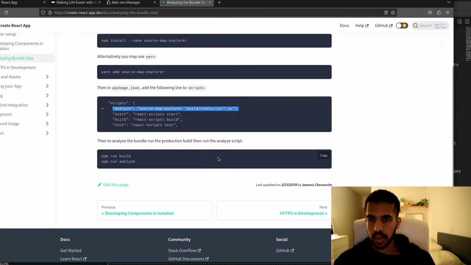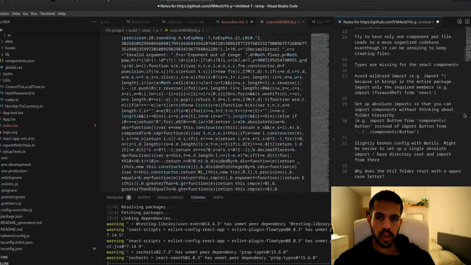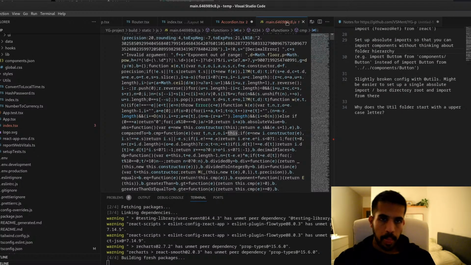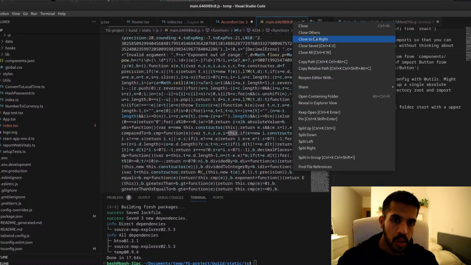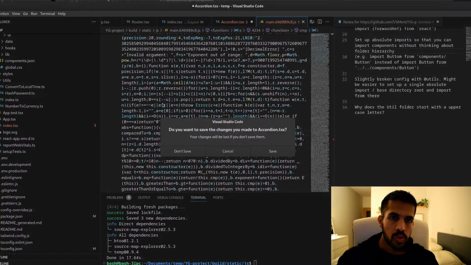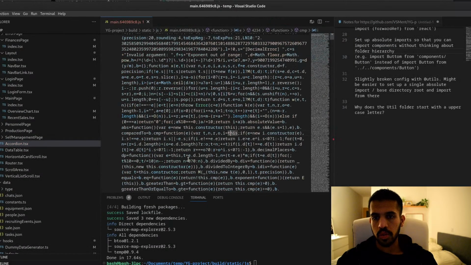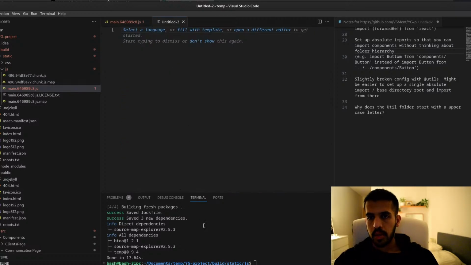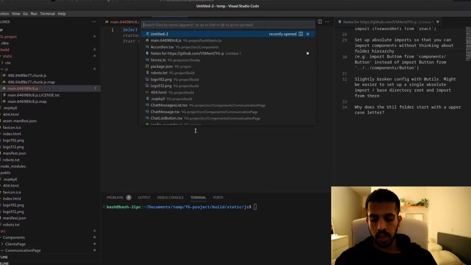Run build and run analyze. Yeah, so I already have that. So bundle analyzer is added.